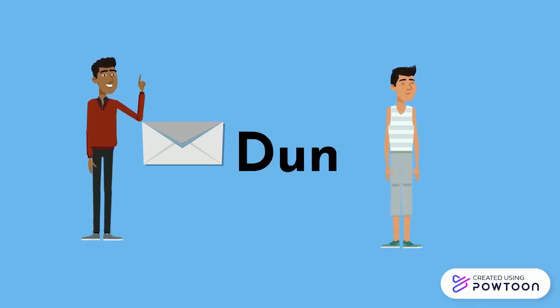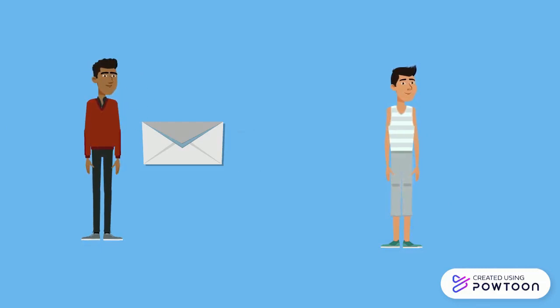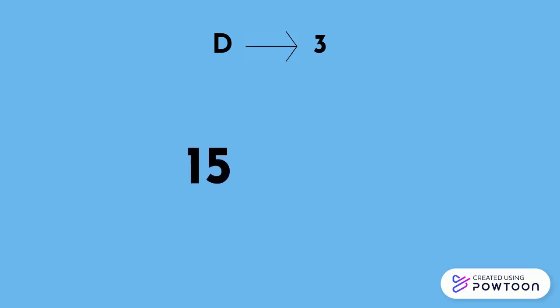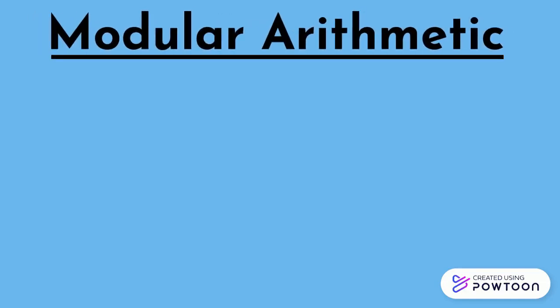Dun dun dun! First, you need to turn your letter into a number. A would become 0, B would become 1, and C is 2, so D is 3. Next, you would use a key, say the number 15, and then multiply your message by your key. You would get 45. Then you would use modular arithmetic to turn this number into a number between 0 and